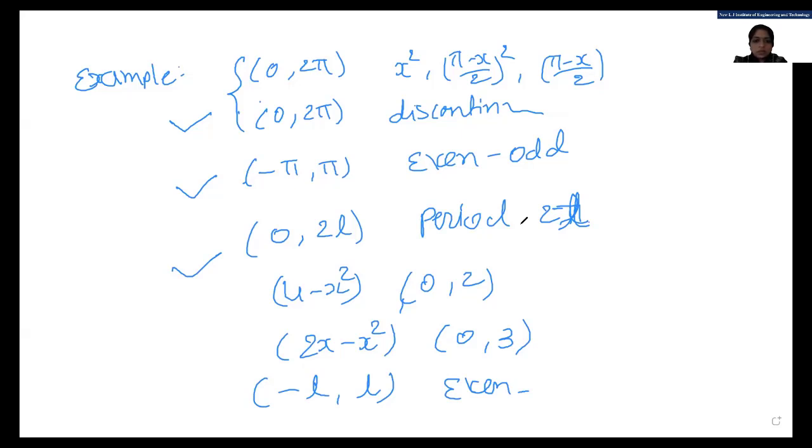But do you have any doubt regarding this topic? So students, we'll move today to minus L to L, but before that, I am going to solve Dev's doubt. Dev, please give me the answers of a0, an and bn for 2x minus x square.